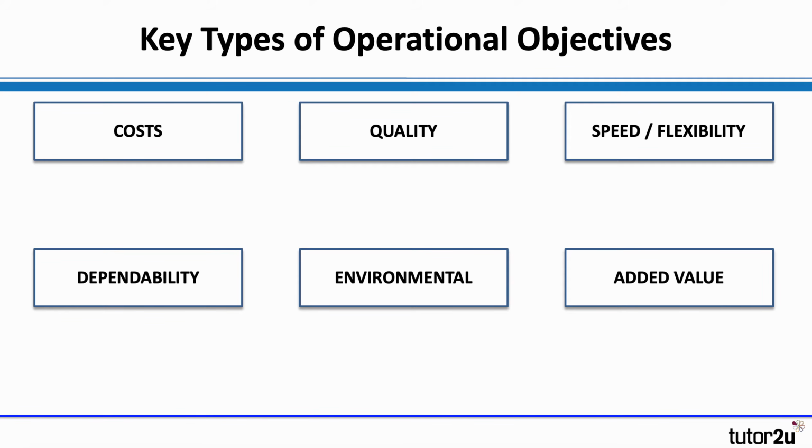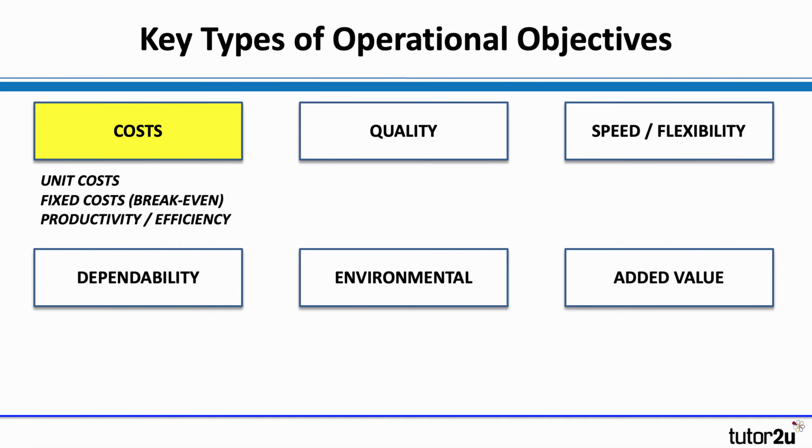Now, businesses won't necessarily set objectives for all aspects of their operations under these headings, but I think it's worth jotting a few of these down in your notes as being typical operational objectives. We start with top left there, costs. I would say for most businesses they're going to set an operational objective that is in relation to the costs